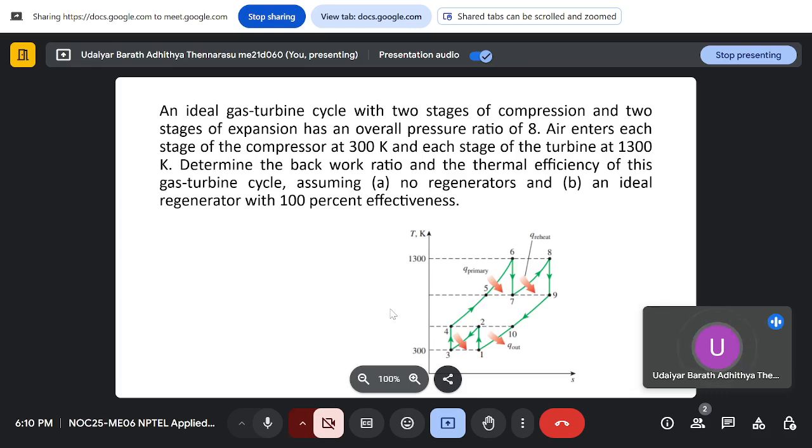So this is a combination of the previous problems. So what we do is, now instead of compressing it in a single stage, because the pressure ratio is 8, we are compressing it in 2 stages. So you are compressing from 1 to 2. Then what you do is you put a heat exchanger to cool it back to 300 Kelvin, that is the ambient, and then compress it again to 4. So what this will do is, you will bring down the net work done for the compressor,